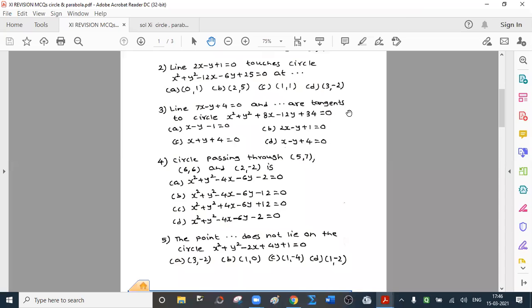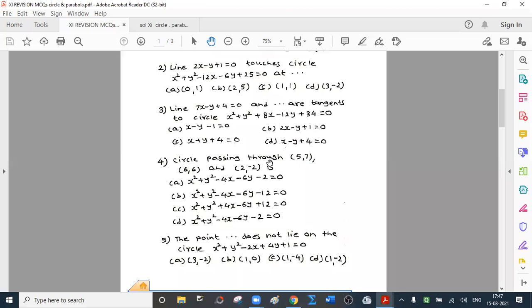Actually, when the radius is 3 root 2, B cannot be the correct option, because when you find the length of the perpendicular, the denominator in this case is going to be root of 5. So when you come to know that A is not the correct option, don't waste time in checking option B. Directly see whether C is the correct option or not. And in this case, it is.